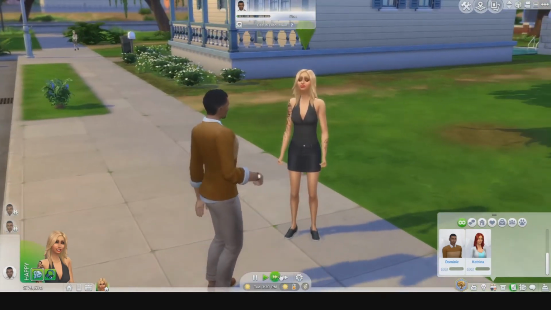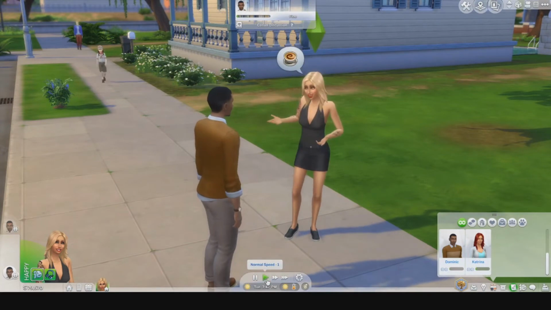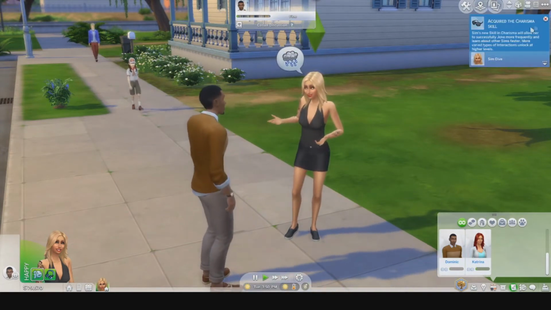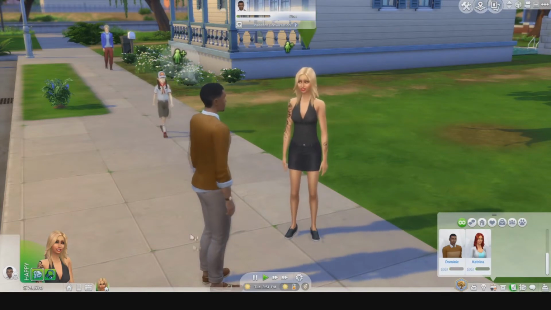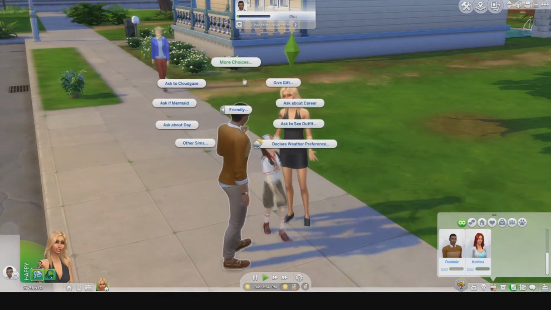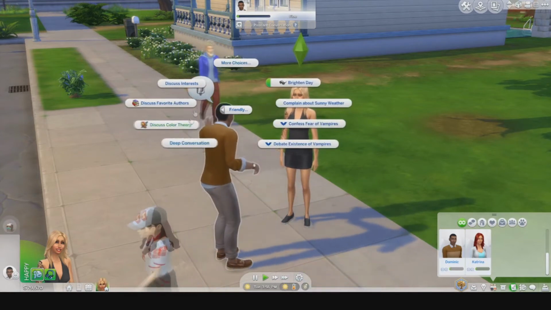Let's see. So we are speaking with him. Let's move this conversation along. And as you can see, it is a casual discussion. He's feeling fine right now. And we did acquire the charisma skill. But we didn't learn anything about him, so let's see if there's a different...